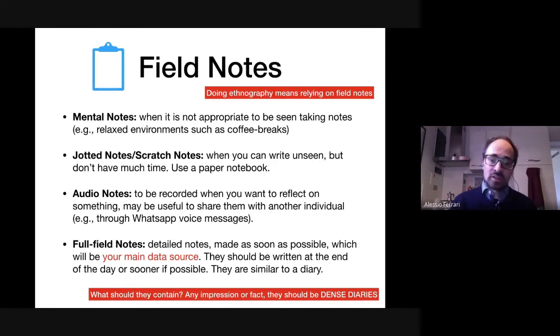Or fulfilled notes. Basically, these will be your main data sources. At the end of every day, or whenever it's possible, you should write a diary with the reflection of what you've seen. What should they contain? Any impression or fact. They should be like diaries, really. And again, combine this with the WhatsApp voice messages and voice notes, which can be useful also to write down these field notes afterwards. You will see that after even just a month, reading back the notes that you took at the beginning, you didn't remember many things. So these are really important for